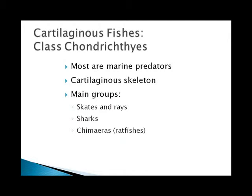The cartilaginous fishes are jawed fishes, and these are the most diverse and numerous group of the vertebrates, so there's more fishes than any other kind of thing, and the two classes include the cartilaginous fishes, which is class Chondrichthyes, and the bony fishes, which are Osteichthyes. Enormous numbers of fishes attest to their success in meeting the challenges of life in the